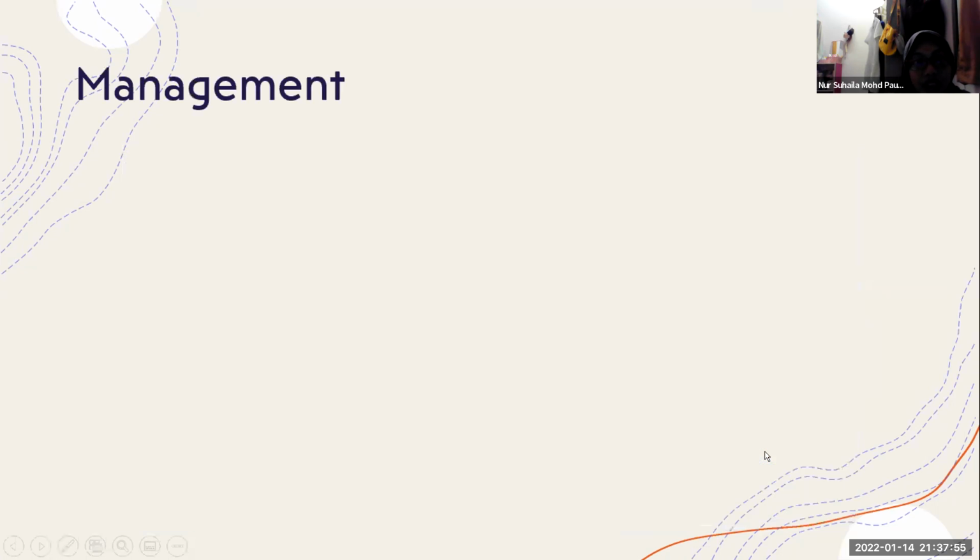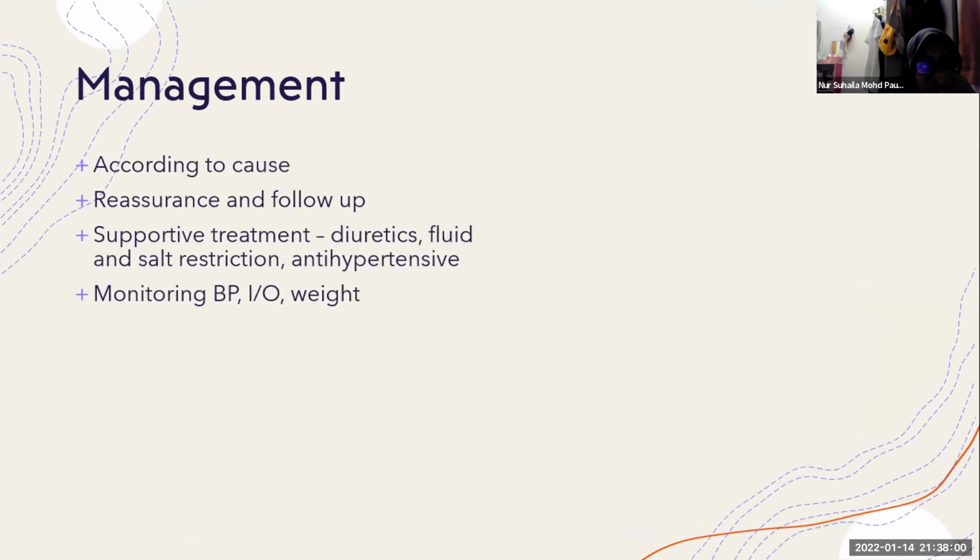Okay, next for the management. Management usually we need to treat the causes of hematuria. And usually